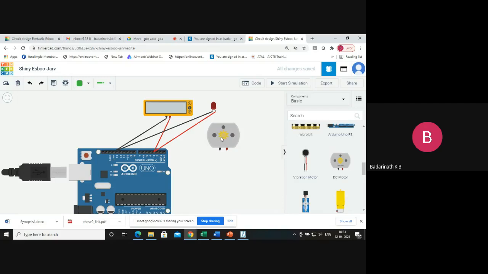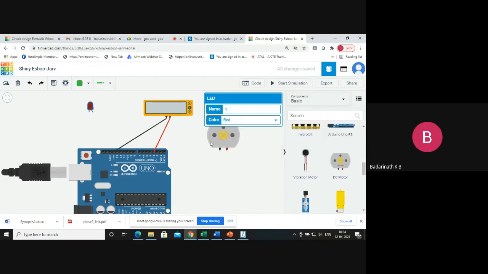Generally, if the motor capacity is more, like 12 volts or 24 volts motors, you cannot connect them directly to the Arduino. You require a DC motor controller circuit, a driver IC. Since it's a simulator, I've taken a 5 volts DC motor of a lower power rating so that I can connect it directly here. Now I'll remove the connection from the LCD. Now my device will be different. Motor is my device.